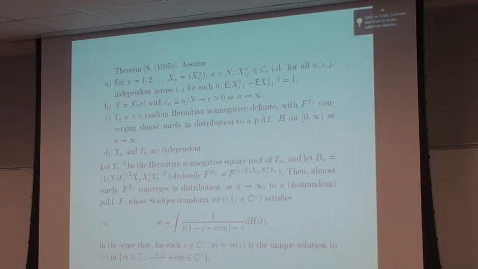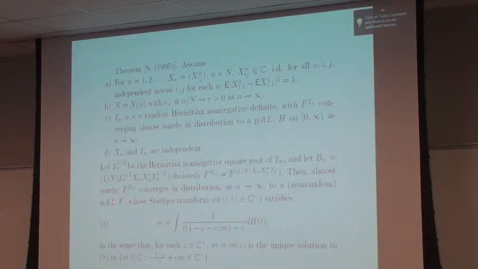Now this, I say obviously, everybody in matrix theory knows that for A, B, n by n, the eigenvalues of AB and the eigenvalues of BA are the same, the same characteristic polynomial. So if I put the square root of Tn, which is square, on the other side, the eigenvalues of this matrix are exactly the same as the eigenvalues of the original matrix. And the result is that almost surely the empirical distribution of the eigenvalues of Bn converges in distribution as n goes to infinity with probability 1